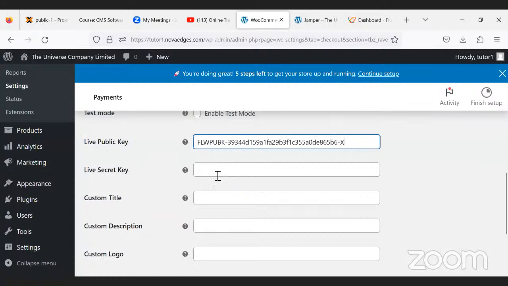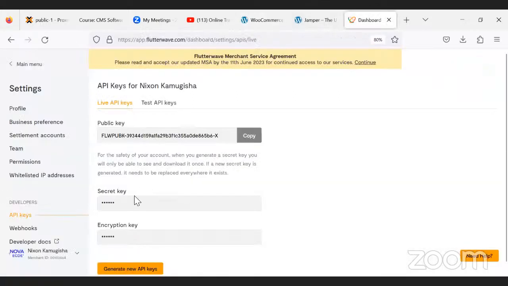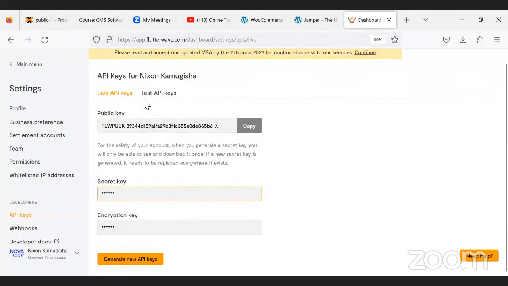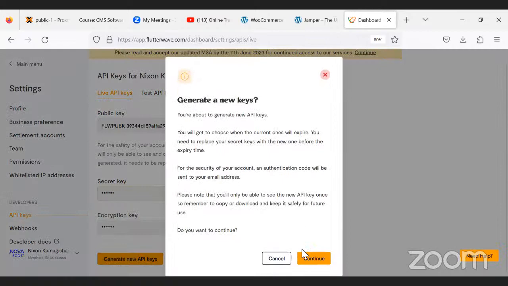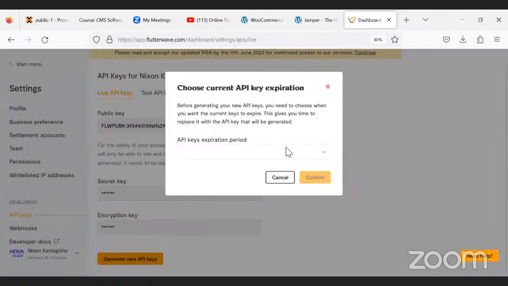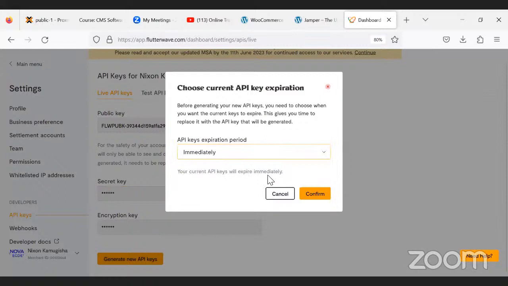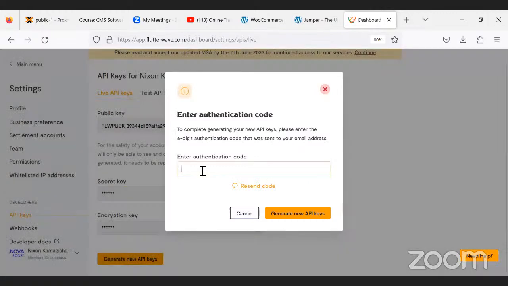Then it will ask you the live secret key, which is this one, and I also don't know it. So you can generate new API keys. You go to continue. You say this is immediately. Your current APIs will expire immediately. So it has sent an authentication code